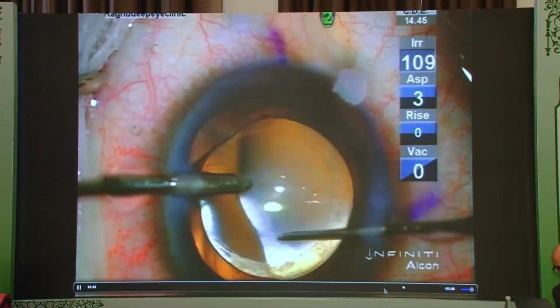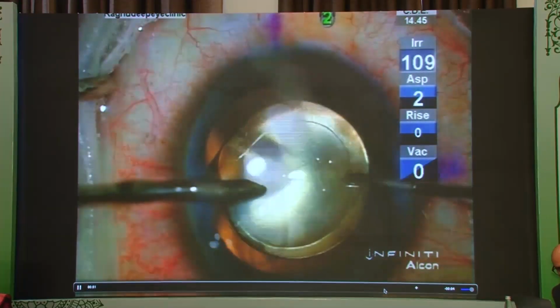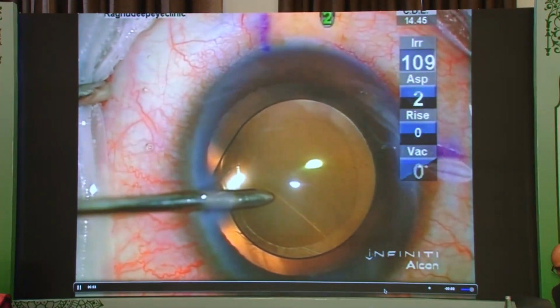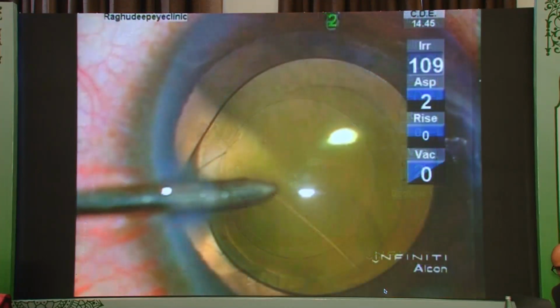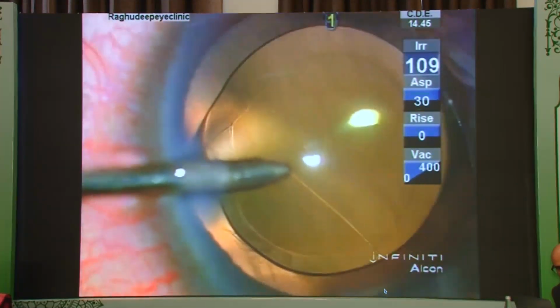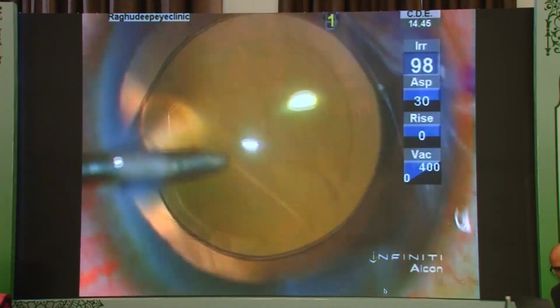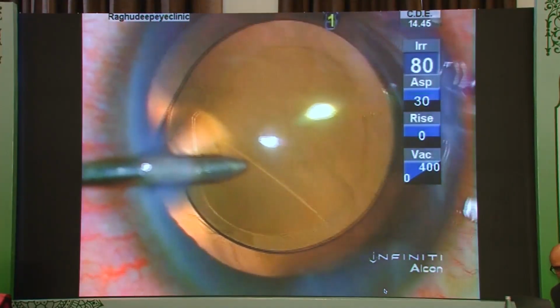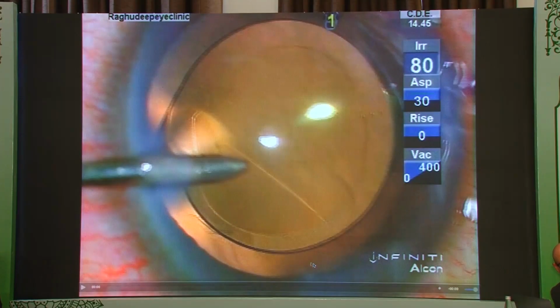Now what to do? Now you obviously, you can always, if you have a retinal colleague or a senior colleague, you can involve them. But what do you do? How do you manage this very well placed IOL? Do you just ignore it? Do you sort of not look at it and close the eye and come out? You could do that, but that's very risky, because as soon as you remove this irrigation from the eye, this tear could enlarge, and this being a single piece hydrophobic acrylic IOL, it can tilt it, and it's a pretty large defect. So you can even have a part dislocation of the IOL into the vitreous.